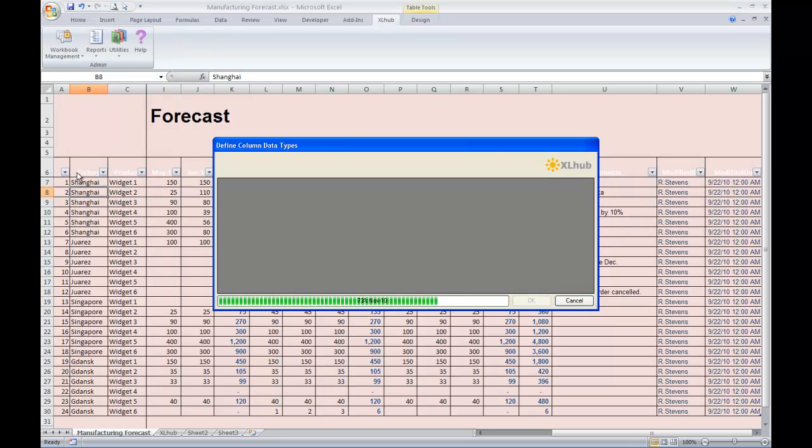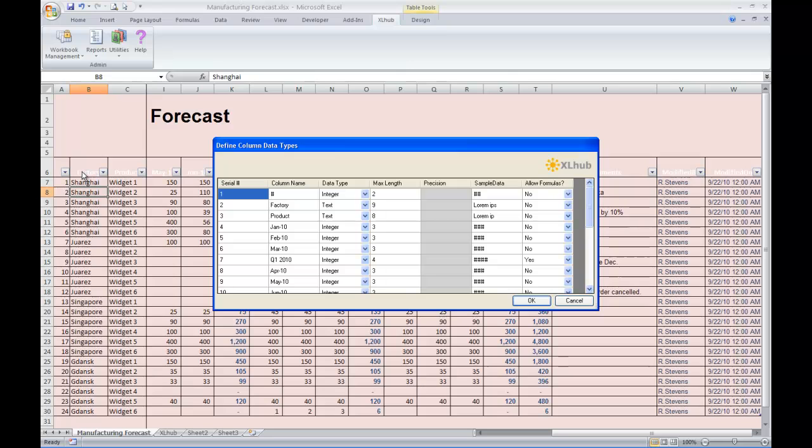and now the XLhub wizard is analyzing my data set and determining what are the data types. So it is presenting me here a recommended list of settings for the data types. So it's identified some columns as text and some as integers. I can now override these values. So for example, my text fields, I want to make them all 25. I'm okay with the integer of 3, and for comments I'll make this a 50. Modified by, I'm going to make this a 25, and modified on shouldn't be an integer, it'll be a date